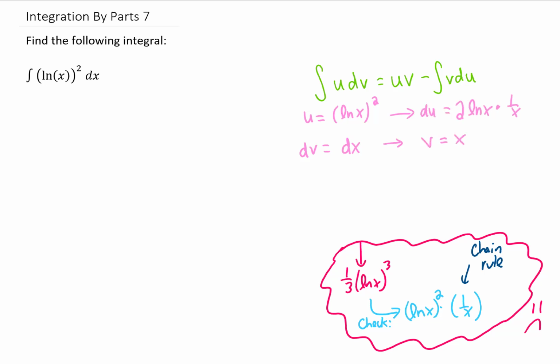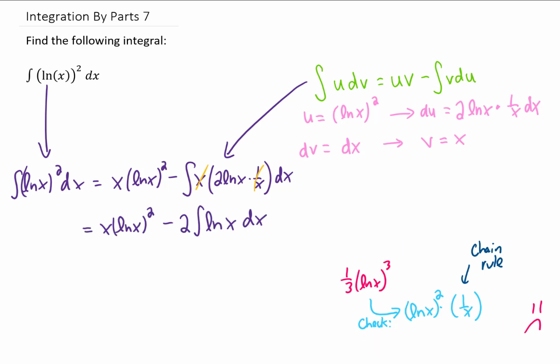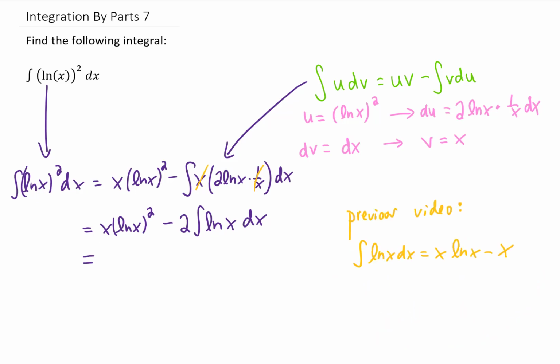Now we can use all of that information to rewrite this integral using the integration by parts formula. U times v is just going to be x times the natural log of x squared minus the integral of v du. Now, noticing that this x in the numerator cancels with that x in the denominator, we can rewrite this a little bit. And I'm running out of room, so I'm going to erase all the stuff that didn't work over here. And the integral that we're left with in this problem is the integral of the natural log